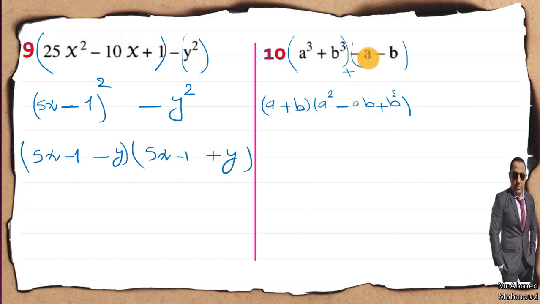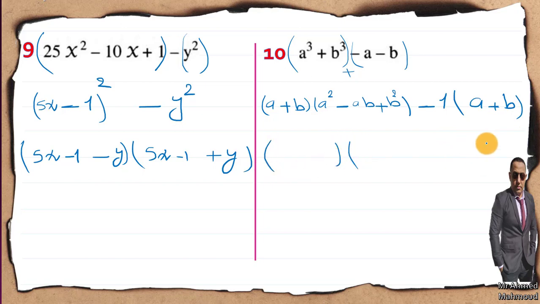Here the common factor is negative 1, because I haven't a common factor but I have negative, so I have to take the negative because this one is negative, and 1 because I don't have a common factor here. Okay, negative a divided by negative 1 equals positive a, negative b divided by negative 1 equals positive b. By looking carefully, I have a plus b, and the a plus b are common, so I'm going to open